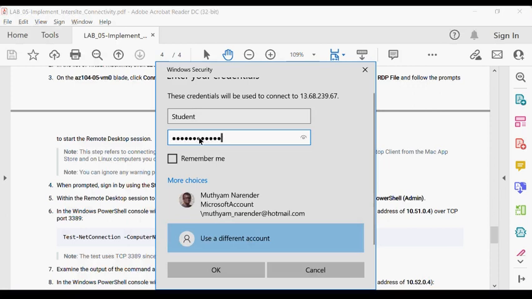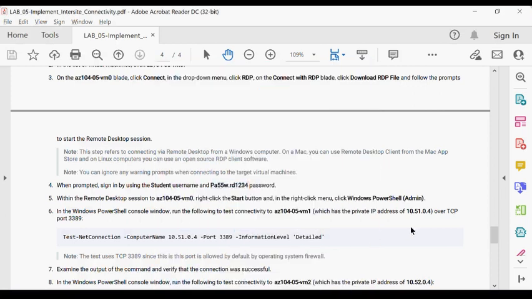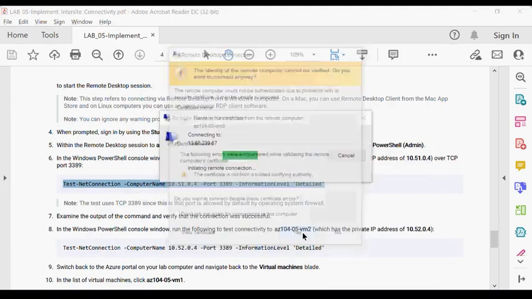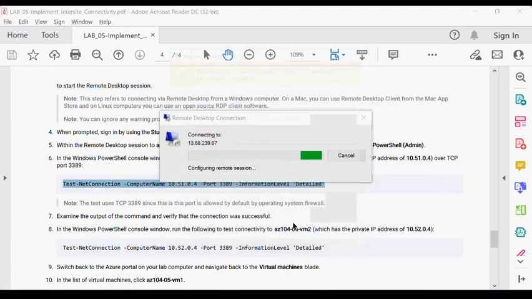Copy that and run it again here. And meantime, take this command here and be ready to enter it into the VM. That way you can check out the connectivity.